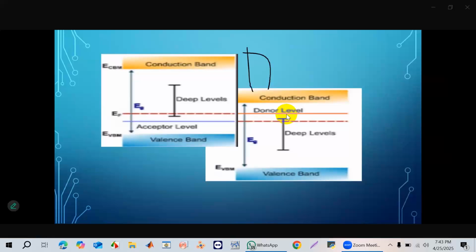And this potential is called the barrier potential. And in this way,